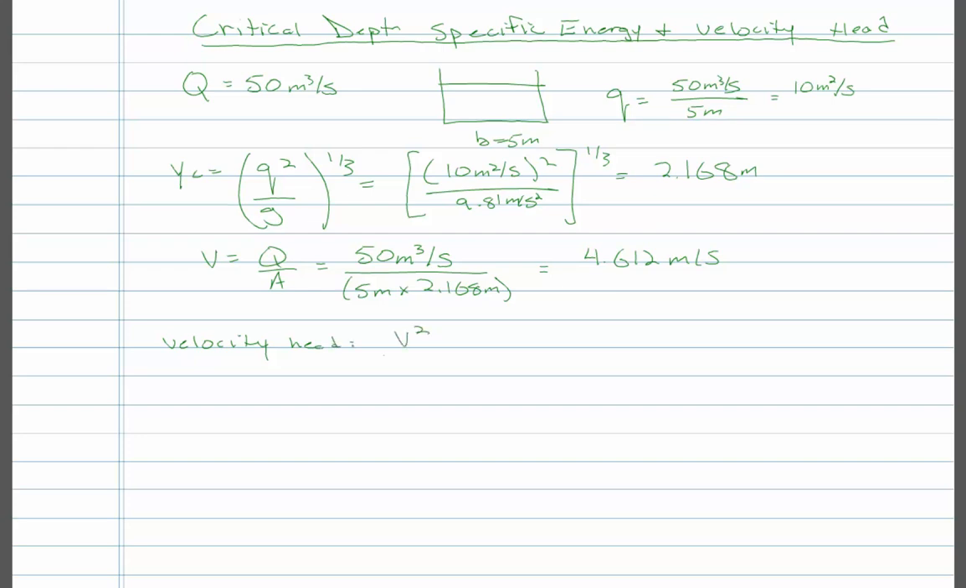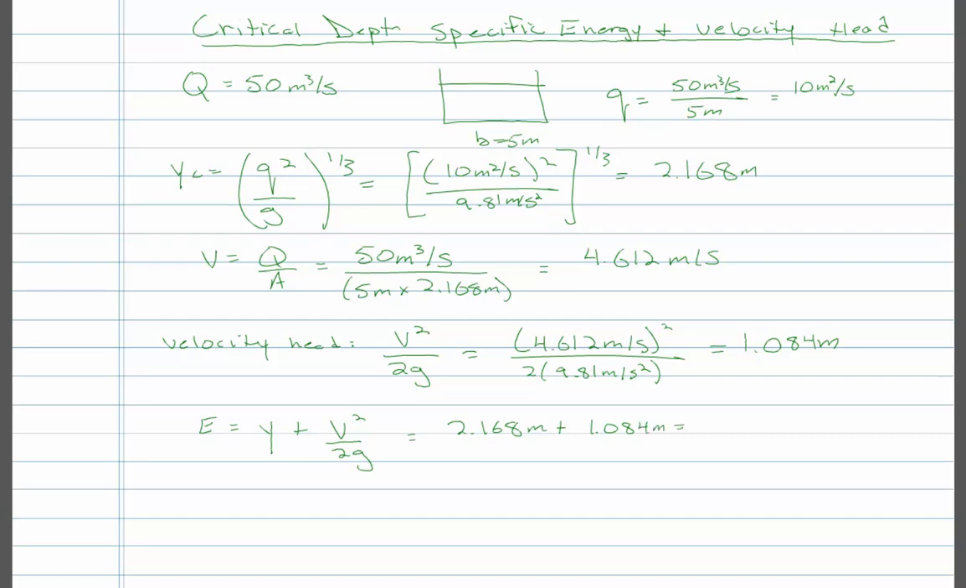And so the velocity head, of course, is v squared divided by 2g, (4.612 meters per second) squared divided by 2g. And the velocity head is 1.084 meters. So the total specific energy is y plus v squared divided by 2g. In other words, that is 2.168 meters plus 1.084 meters. The total specific energy,